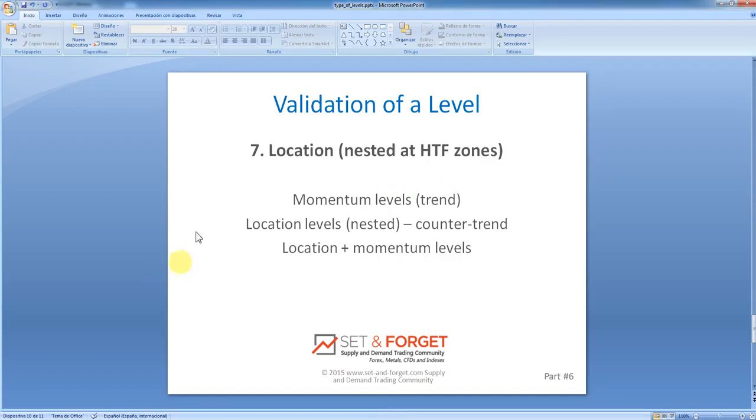Summing up, we have three types of levels: the momentum, the location type of levels by themselves, and then those that are well located and have the momentum of the bigger time frame trend with them. Okay,